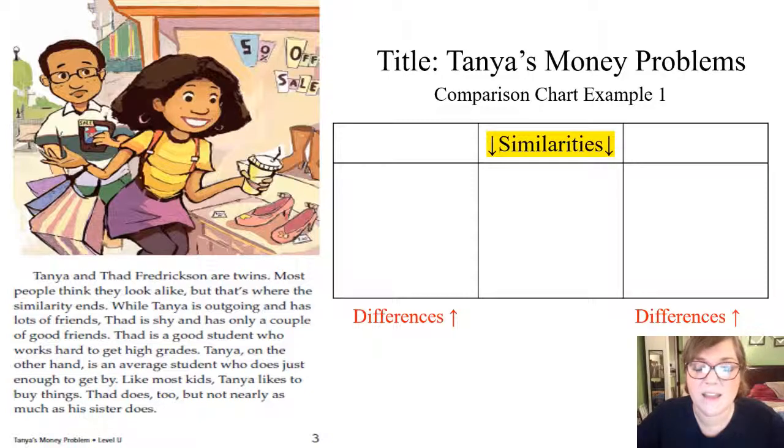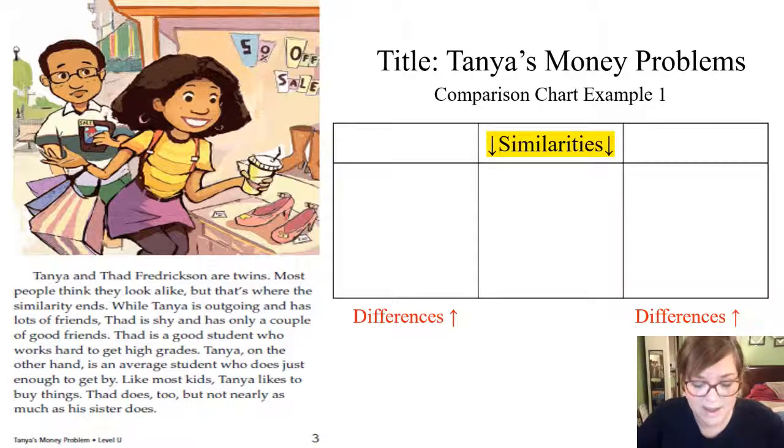Now, I have handed out a worksheet, which is 2-sided, and we are going to go on the first side that is not numbered and does not have instructions on it. And you also have received a story named Tanya's Money Problems, and we're going to read this and do 2 examples together. So anything I've written on the board, you should also have written down in your worksheet. So far we have Tanya's Money Problems written in the title, and if that is not on your worksheet, please